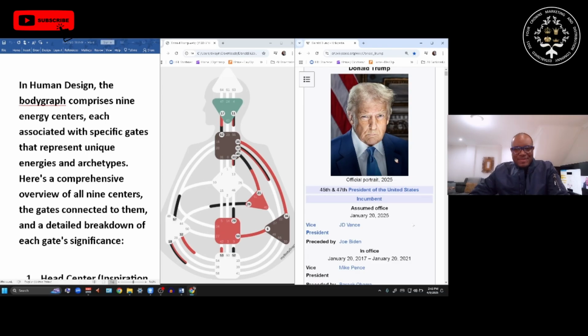All right, folks. So you should be seeing my screen here. On my right, you're going to see Donald Trump's Wikipedia page, which we'll just kind of review. In the middle, you're seeing his body graph, with some open centers, which we'll call undefined, and the colored in ones will be defined, with some of the channels, etc. And on the far left will be some of the breakdown of his particular human design chart. So let's read a little bit of his Wikipedia page, and then we'll dive into the actual body graph and the actual breakdown as to what these gates actually mean.